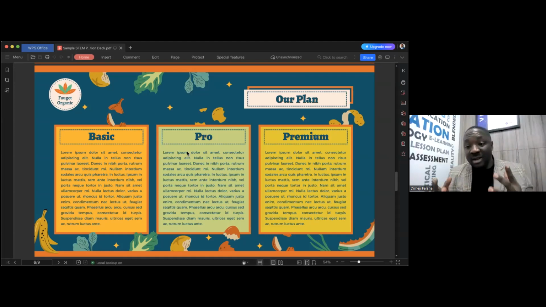So the next one is your plan. What's your plan for the solution you have built? Do you want to commercialize it? Do you want to sell it? If you want to sell it, how much do you want to deploy it for? For instance, somebody that has built a caterpillar to solve a particular problem, or maybe a machine that is providing electricity. Do you want to sell that as a patent to a company that will buy the patent from you and produce the real life solution of what you are trying to model with your STEM cardboard and everything? Or you want to just make it like a robot and like toys, and then you sell to students that want to just play around.